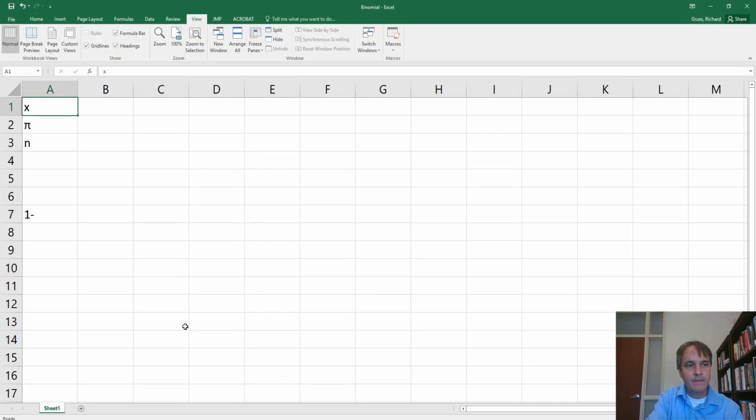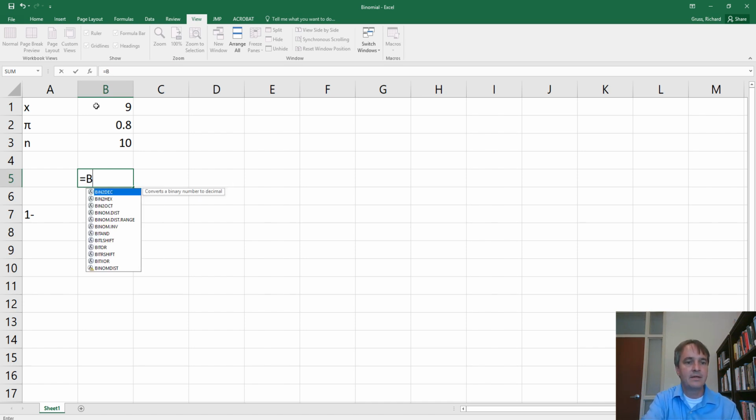We could also do it in Excel. So in Excel, I'm just going to set up the parameters here. So we had 10 trials, that's our n. Our probability of success was 0.8. And our x, that is the number of successes, was 9. Now I could just figure it out piecemeal like we did before, but like the calculator, Excel has a way to calculate binomial probabilities, and it's just